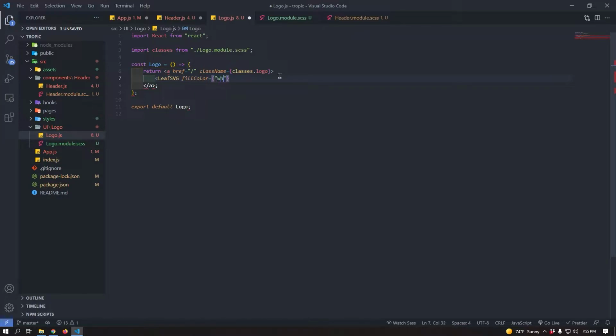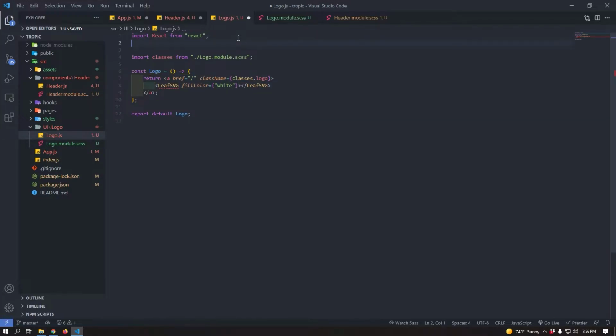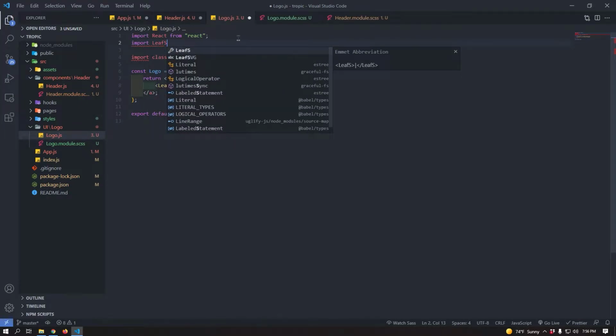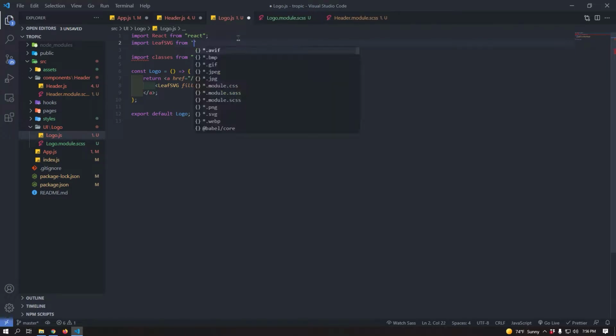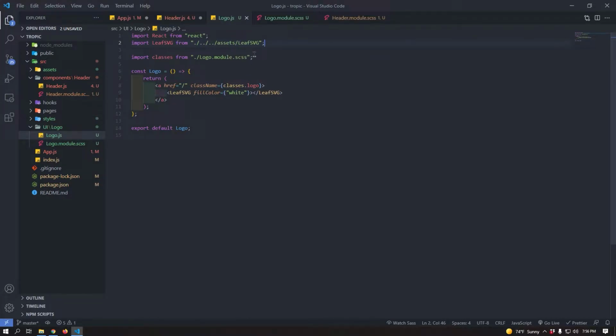And we'll say white. Boom. It's going to make me import. So go ahead to the top and do import leaf SVG from ../../assets, boom, leaf SVG. Okay. And this does not have to be like that. Close it there and do span